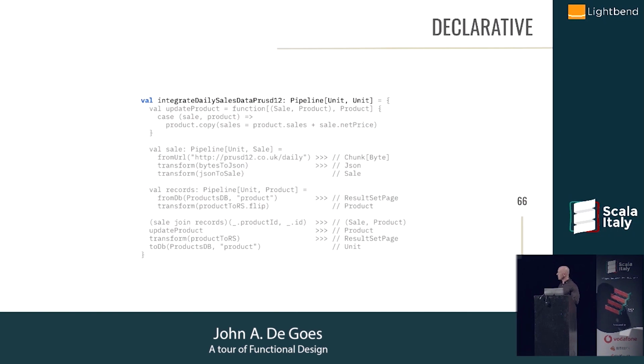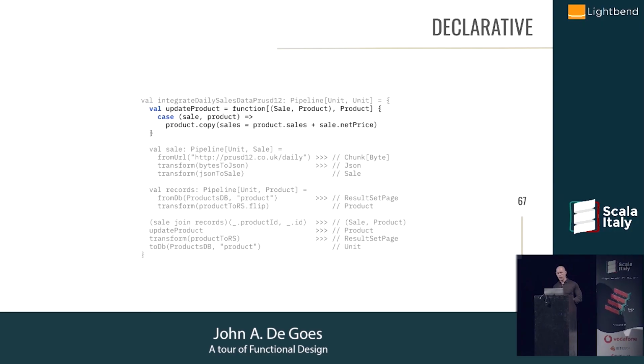Ta-da. All right, so here we have it. This is a value now. The first one was just a side-effecting method in procedural land. And here it's just a value that returns a pipeline. This is a pipeline from unit. It's a closed pipeline. It doesn't require anything but unit, doesn't produce any information. It's a pipeline that's ready to be run. You don't need to do anything with it.